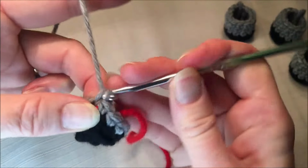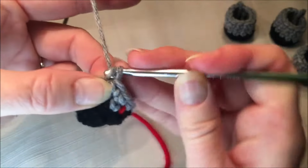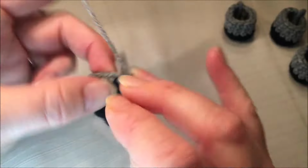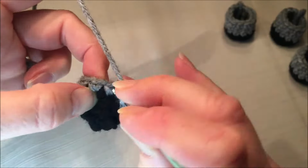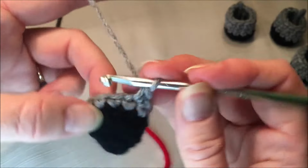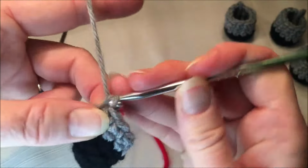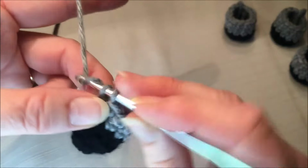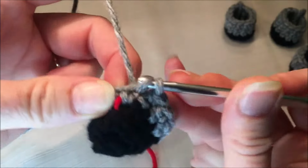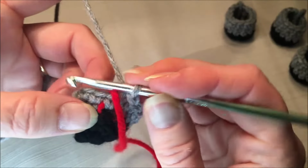So 13, 14, 15, 16, 17, 18, 19, 20, 21, 22, 23, 24. So that's 2 rows of 3, and our last row,